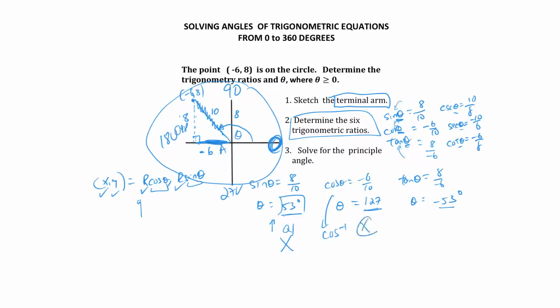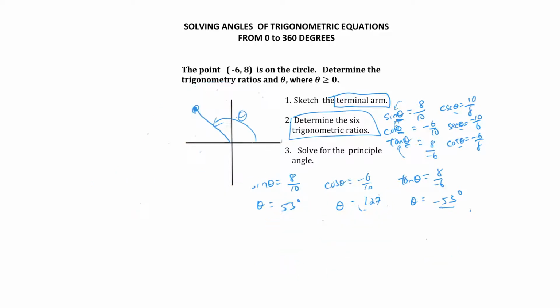Now this one here, I believe this could be a winner. 127 is between 90 and 180, and I believe that this fits. So I'm going to put a check there. Next, -53. Now I haven't taught you negative angles yet. So what's happening is, we usually go from the initial arm counterclockwise. When you have a negative angle, instead of going counterclockwise, we're going to go backwards. So we're going to go backwards 53 degrees, and this indicates we are in quadrant 4. But clearly our picture is in quadrant 2, and therefore our principal angle,